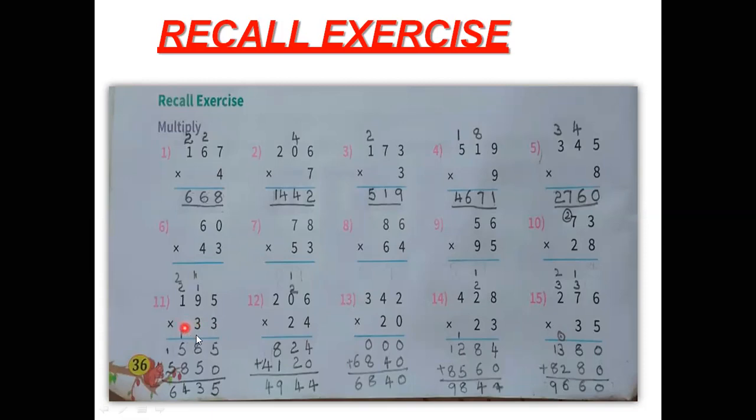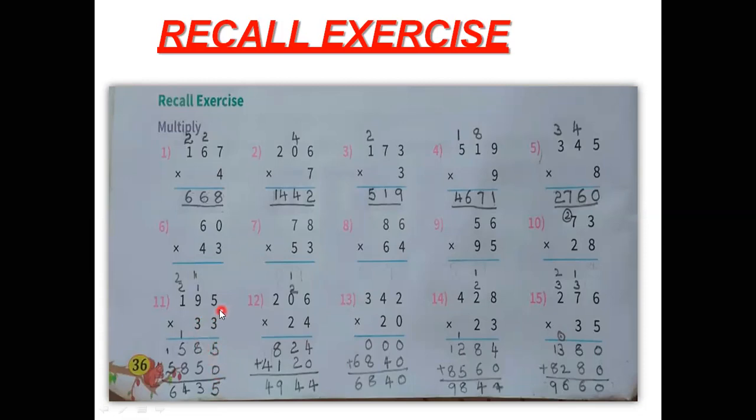So it is over. Now what you have to do? One more 3 is there. So now again you should multiply 195 with 3. So this is 33. First, with the number in the ones place, you have to multiply the above number. Next, with the number in the tens place you have to multiply the same above number. So when we are multiplying with the tens place, in the second line, in the ones place, you have to put 0 or you can put a cross also. That means in the ones place you will not get any number. So for no confusion we will keep 0 here.